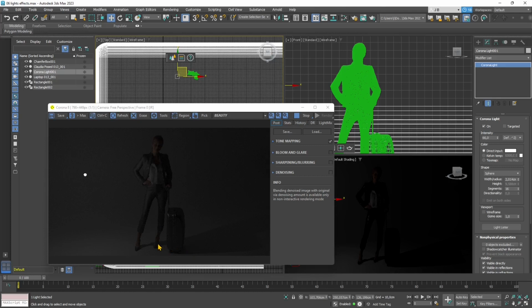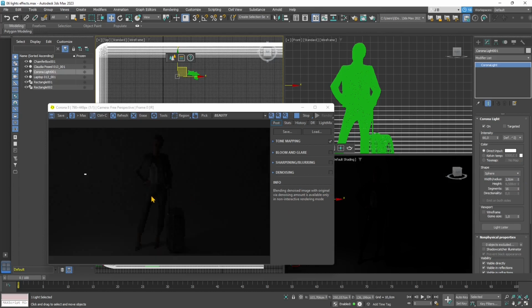Now I'm gonna make this light source smaller, and you can see already how it's gonna affect the shadows. So by changing the size of the source of lighting, we are gonna change also the effect on the shadows. Again, lights and shadows are connected. There is a relation between intensity, size, distance also,